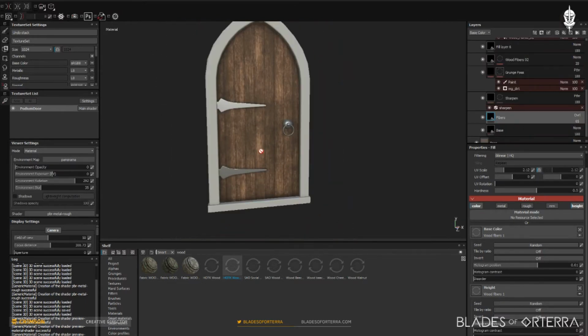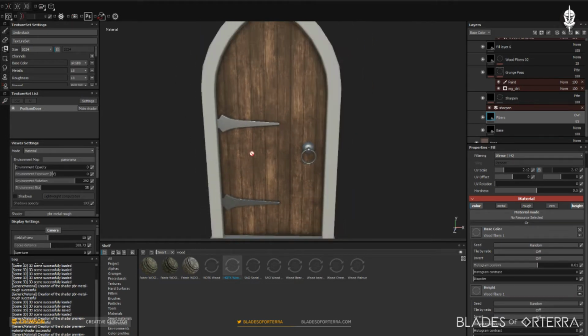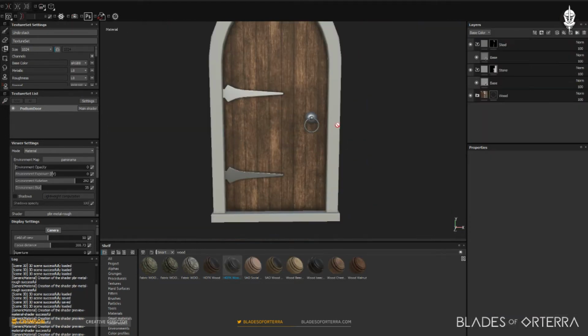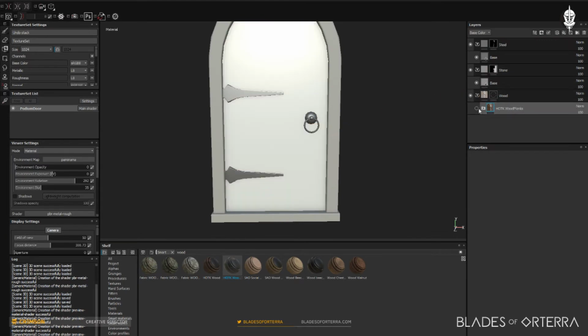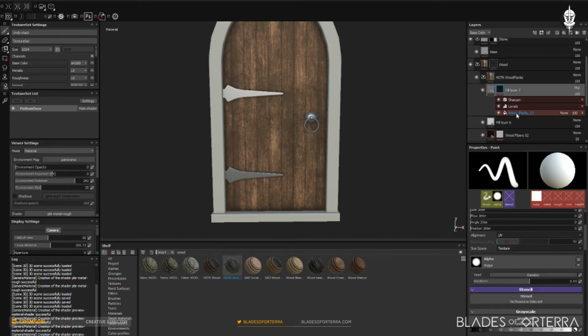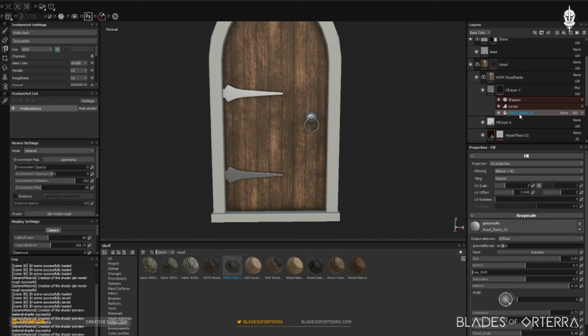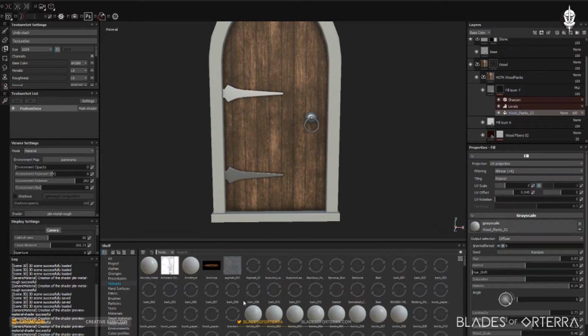Alright, the wood is pretty good now. We're going to add some additional details after. We're not going to do too much just yet. So it's a simple wood material. I got a few things that I've been using for quite some time now in this map. One of them is a fill layer of the wood planks, which is one of the textures I believe in here